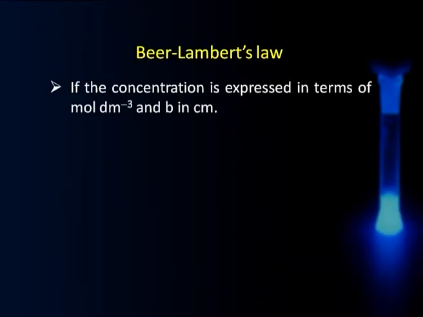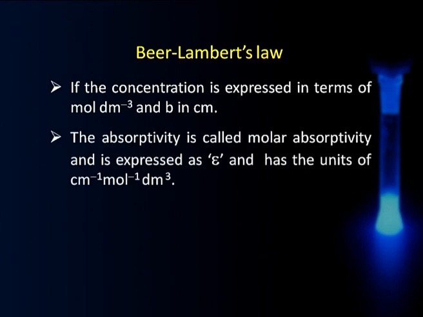But typically the thickness is always taken in centimeter, because that is the practical way of doing things. So we always will take it in centimeter, but the concentration we have a choice. Suppose instead of taking gram per decimeter cube, I take the concentration in terms of mole per decimeter cube, and B we continue to keep in centimeter. Then what happens? This absorptivity will now be called molar absorptivity, and it will be given by a symbol called epsilon, and this epsilon, or the molar absorptivity, will have the units of centimeter inverse,